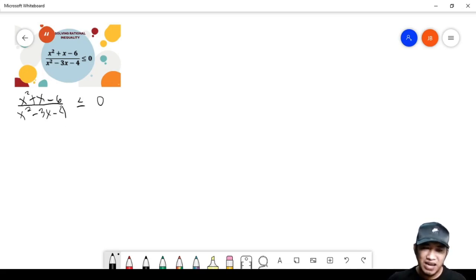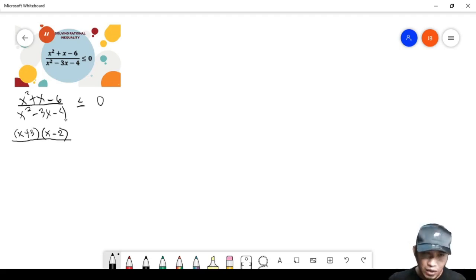And kapag pinag-add mo naman sila is positive 1 ang sagot for our numerator. That is positive 3 and negative 2. So the factor of it is x plus 3 and x minus 2, over